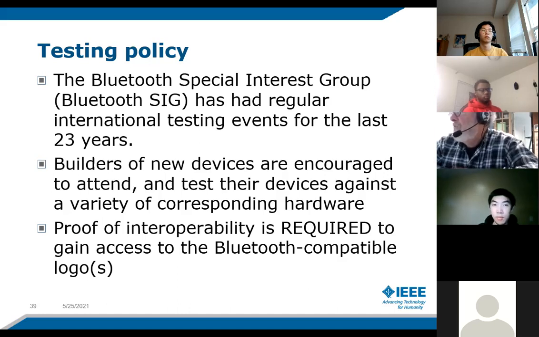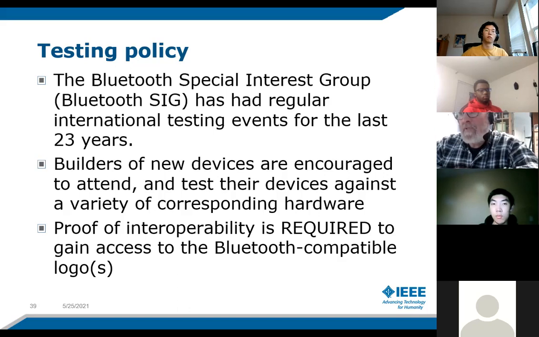Builders of new devices are encouraged to attend those testing conferences and test their devices against other people's stuff. If they run into problems, they're invited to informally share best practices with each other, because Bluetooth is most successful if all their products just work.